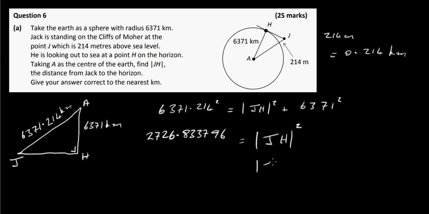Square root both sides then, so the distance from J to H here is the square root of this, which is 52.219, and we have to give our answer JH correct to the nearest kilometer, so that's just 52 kilometers